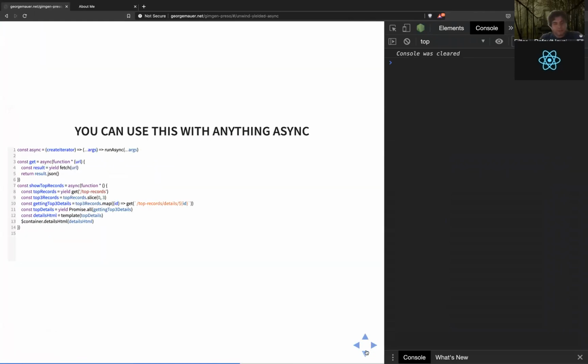And of course, we can go ahead and use this with async. I wrote this, by the way. I noticed that I'm not using async await here. We'll get to that. But if you want to have an async function, async existed in JavaScript before the async keyword. You just did this one-liner and then the run async helper from above, which is 3 lines, right? And now you could do stuff like this. Yay! That looks exactly like async await, except we have an async function and yield.